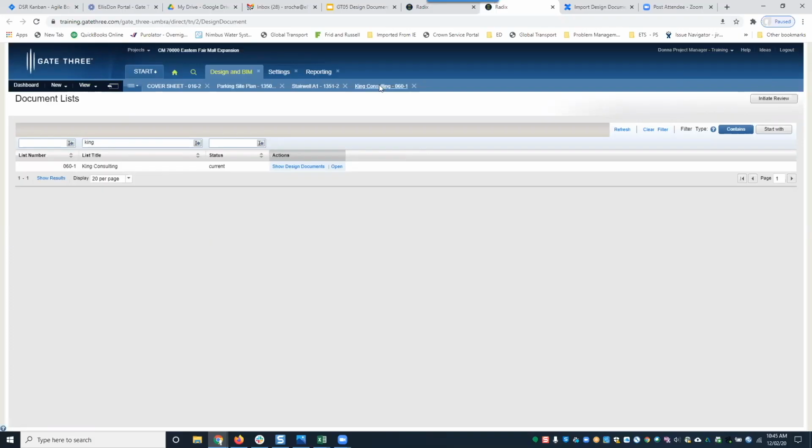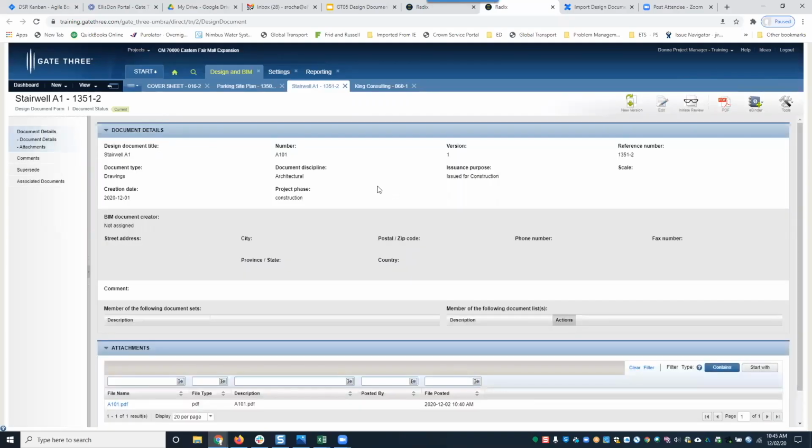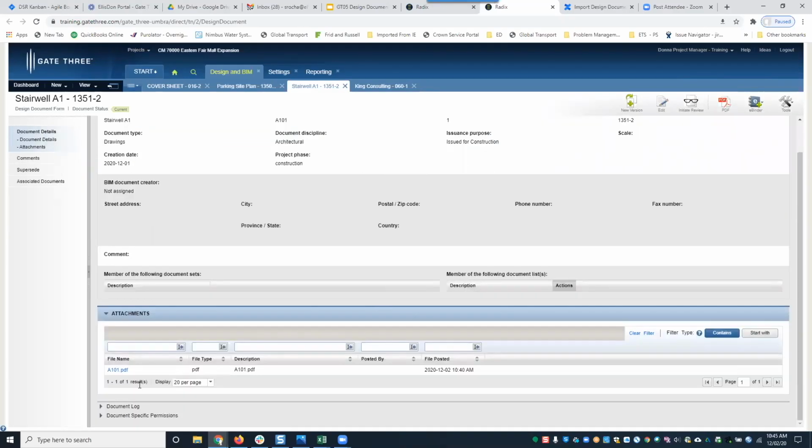Okay. One other thing I want to show you. Let me just back out here. So here's a design document. Got my drawing attached. I can actually initiate review. So what this is, I can select a reviewer, and this is all people that are linked to your project. It allows you to put a drawing in someone else's ball and court to review the drawing. So what you would do is you would click on Initiate Review,